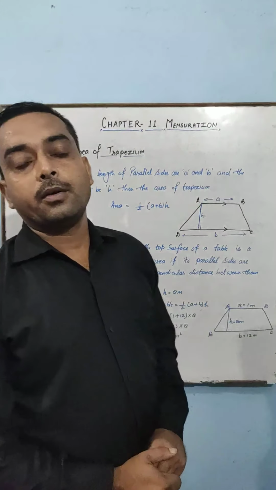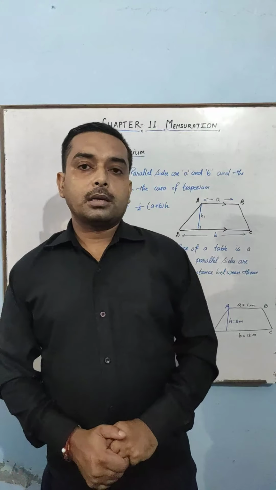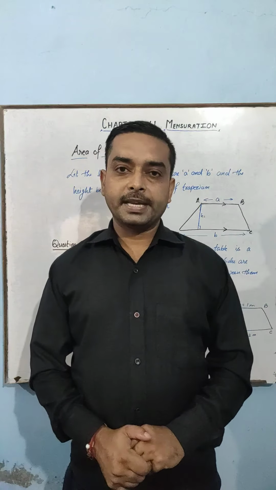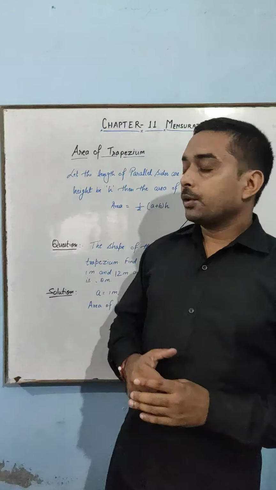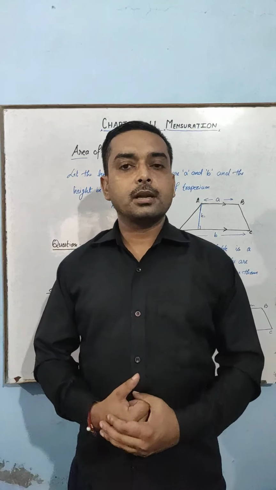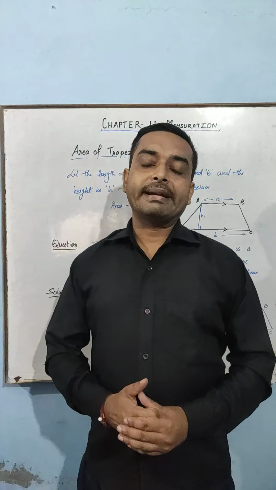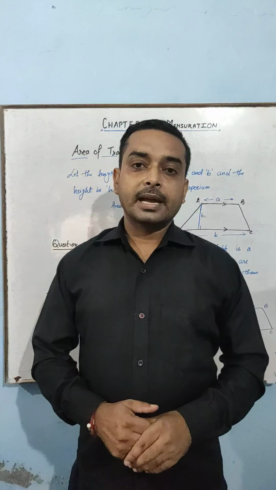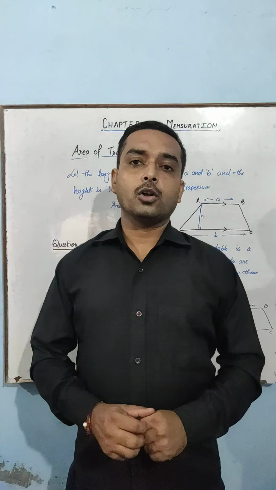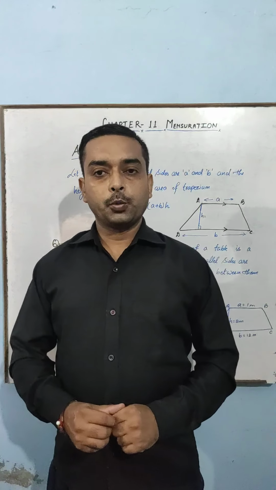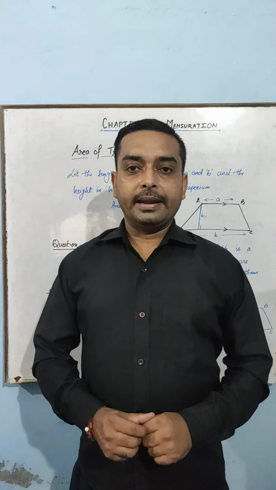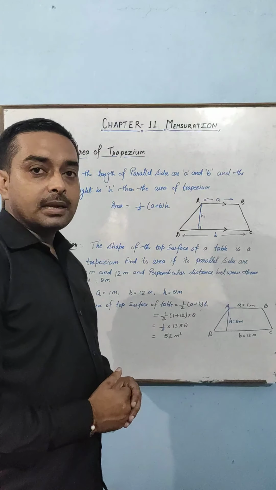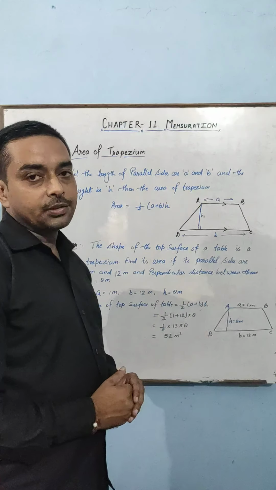After that, we will learn the surface area, total surface area, and volume of 3D objects. This was totally about 2D objects. Now in the next session we will learn how to find the lateral surface area, total surface area, and volume of 3D objects, and in the 3D objects we will also learn about cube, cuboid, cylinder and cone. So that was about the 2D figures. Let's see 3D objects in the next session.